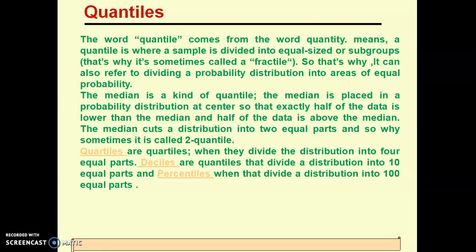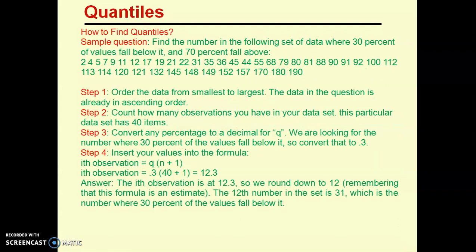Now the next thing is, what do you mean by quantile? Quantile means we have done sampling of equal size or subgroups. Means we are having some distribution of which we have done sampling. Actually the median in mathematics is a kind of quantile in Python. We assume that the median is the middle point of our series. So we can think of quantile as a median.